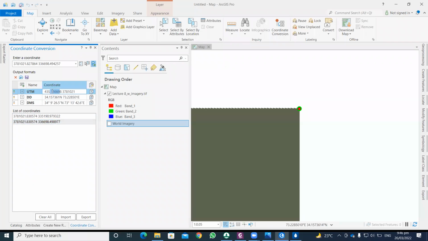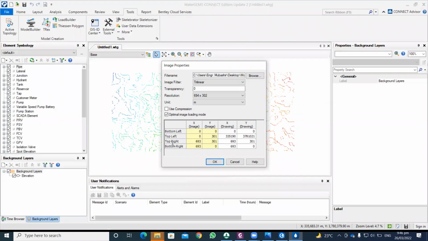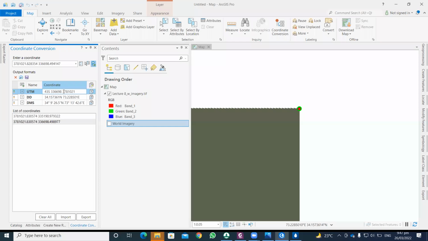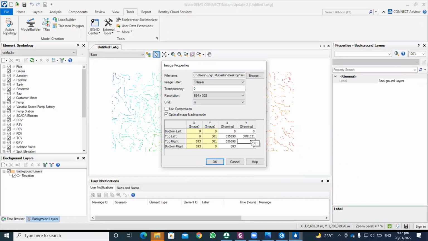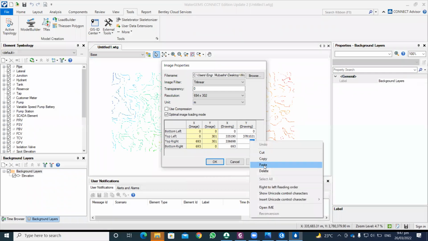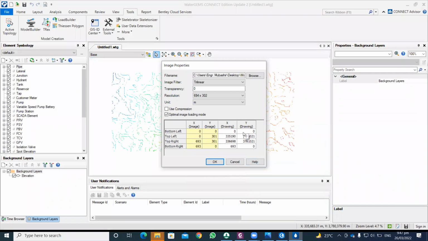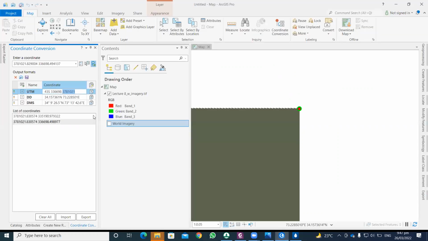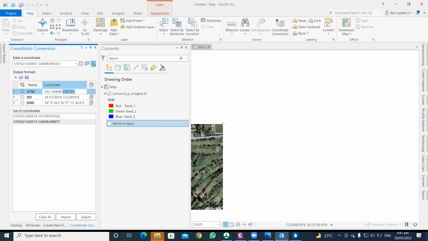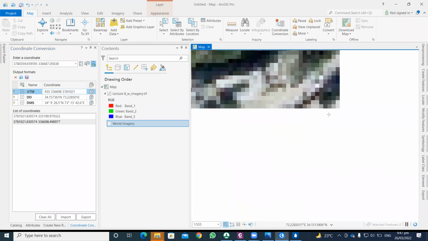I will copy the x coordinate and will put into the top right corner. Okay, then copy the x coordinate, y coordinate, and put into the y top right. Similarly, for the bottom right corner,